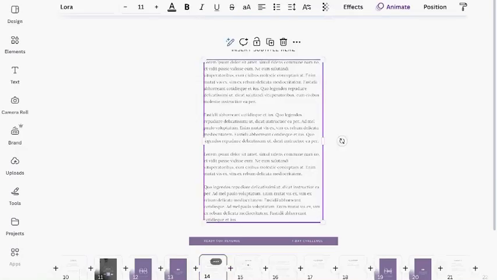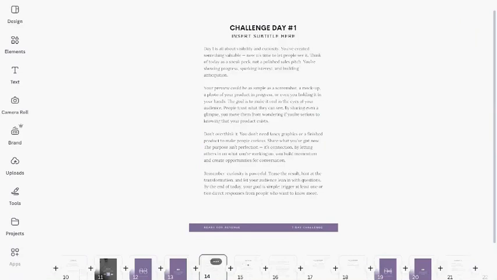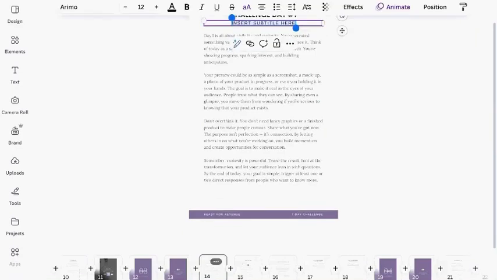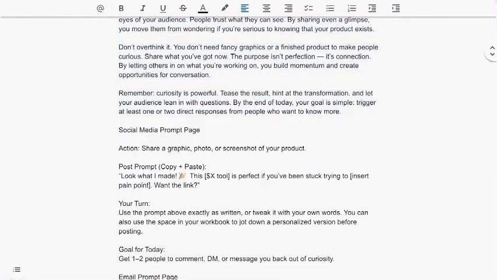And now let me just put my day 1 content in here, like so. And then this one is called post the preview. Then I have prompts. So if I grab this prompt,